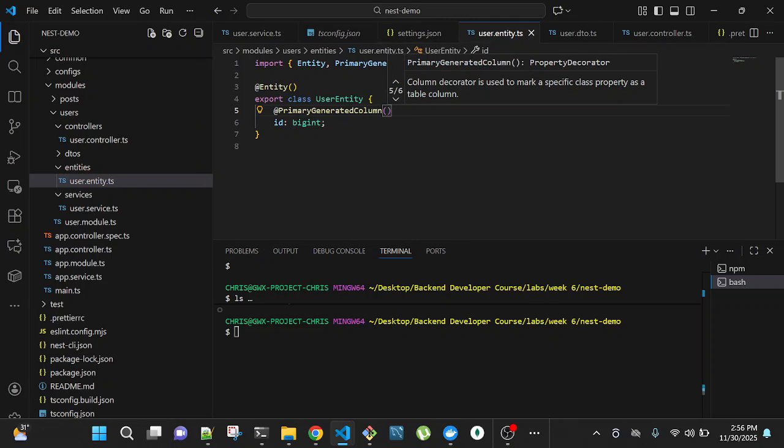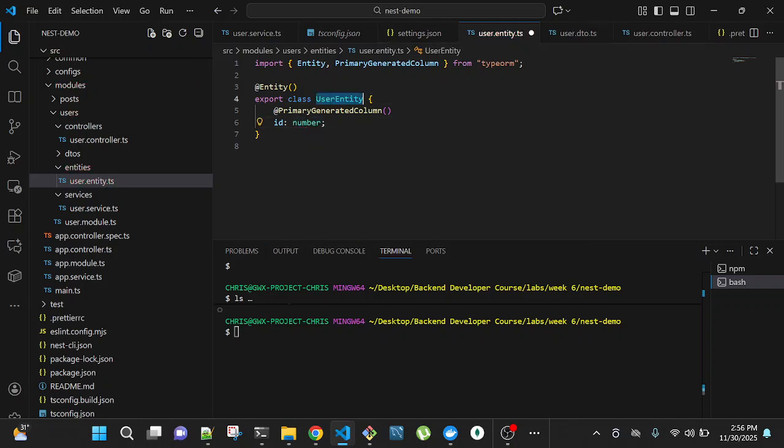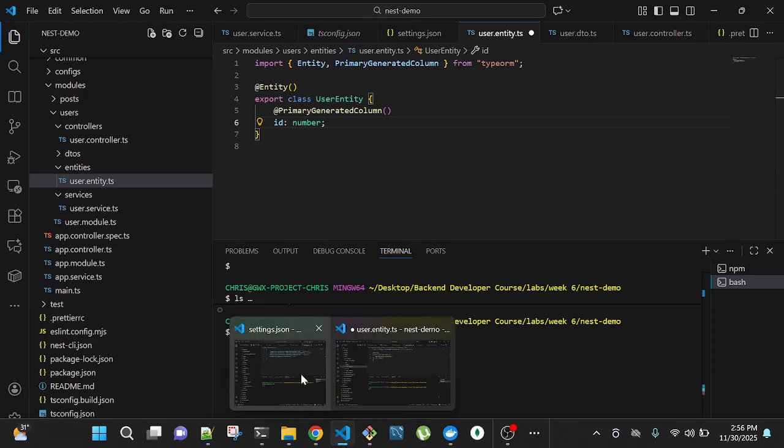So here we're telling TypeORM that this item is the primary key, and it's going to be auto generated.